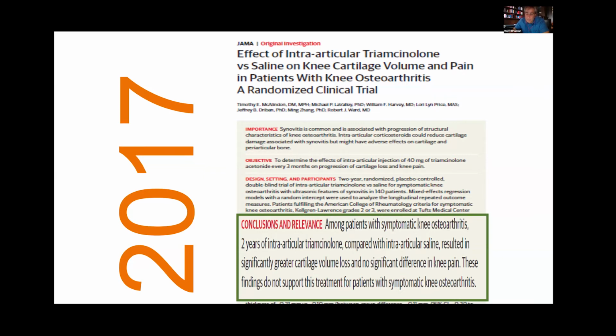Again, for those of you who aren't aware of this paper, this was using intra-articular corticosteroid injections given 4 times, I believe, right? 4 times. Every 3 months. Yeah, every 3 months for a period of 2 years. So 8 injections, and then doing MRI findings over that period of time. When you saw this particular finding, Ravi, what was your take on this particular paper? And more importantly, it really hasn't led to a massive shift in use, let's say, of corticosteroids.